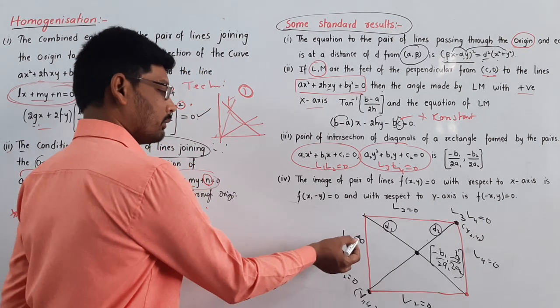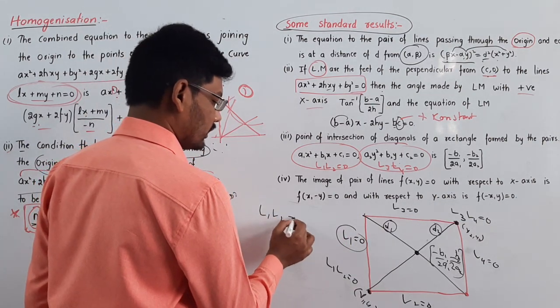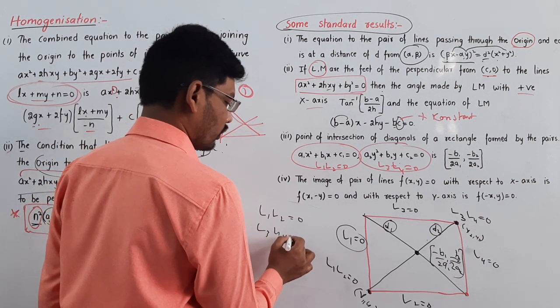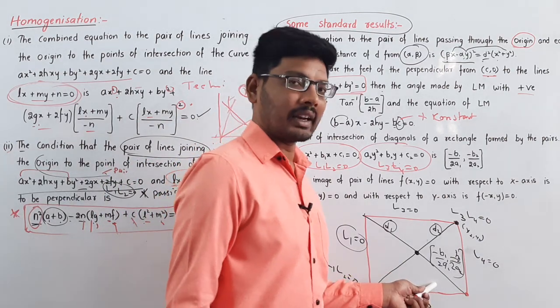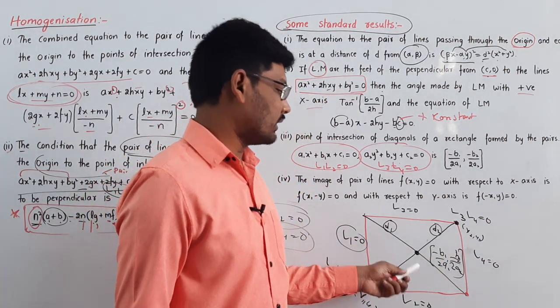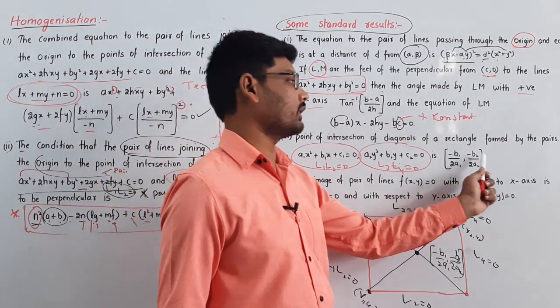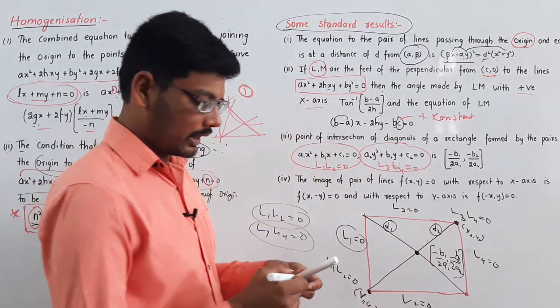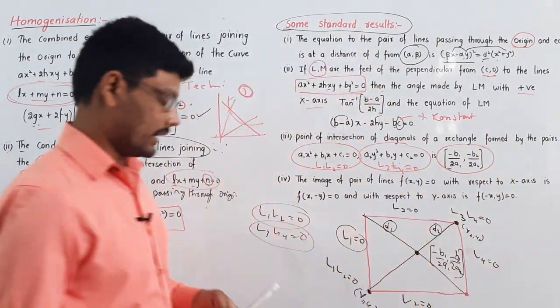The rectangle is framed by the points of intersection from the lines L1, L2 is equal to 0 and L3, L4 is equal to 0, four lines. Here we are framing a rectangle. After framing the rectangle, we are drawing the diagonals. The point of intersection of diagonals is minus b1 by 2a1 comma minus b2 by 2a2. Remember this point of intersection of diagonals here. And the final point is